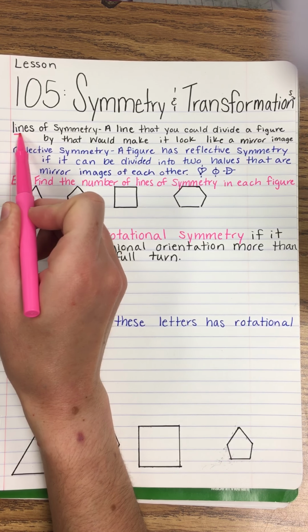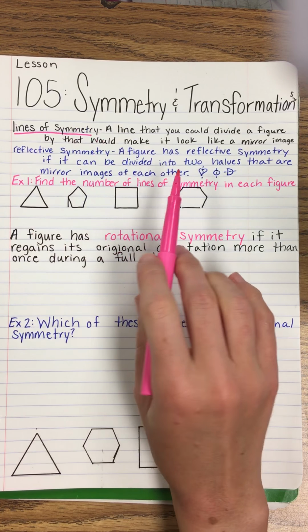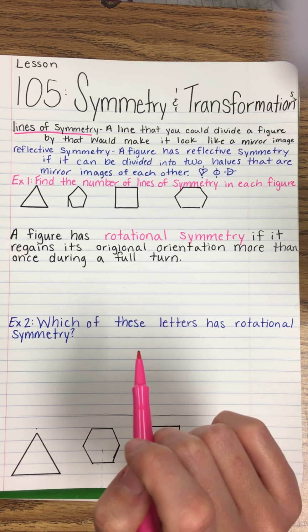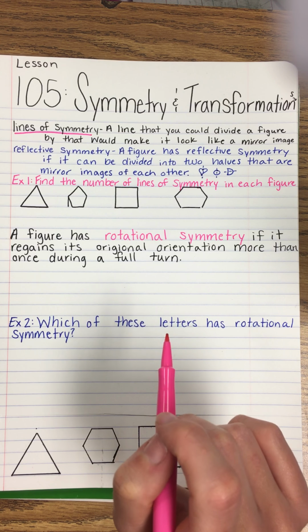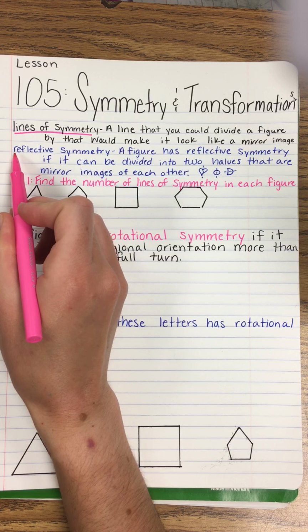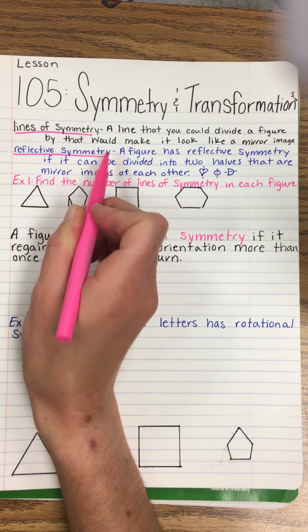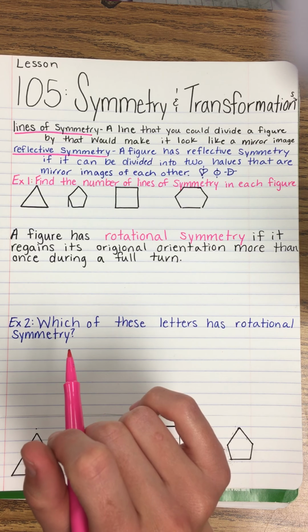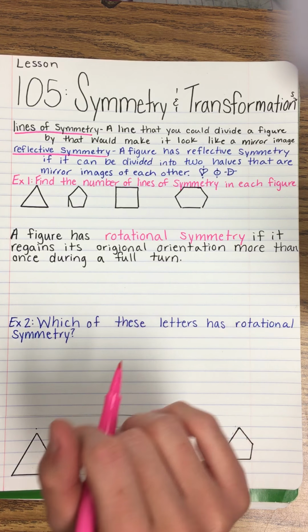We have lines of symmetry. That's a line that you could divide a figure by that would make it look like a mirror image. And then we have reflective symmetry. Reflective symmetry is a figure that has reflective symmetry if it can be divided into two halves that are mirror